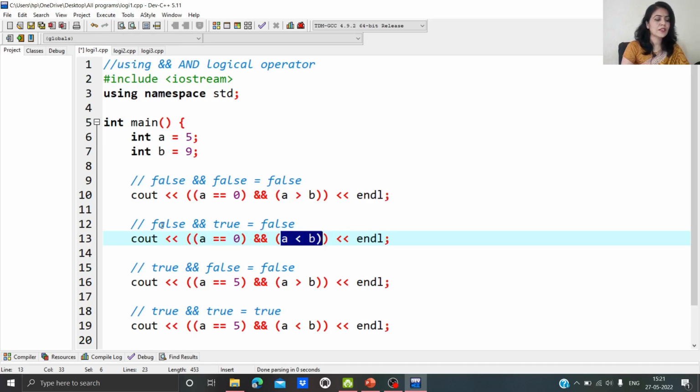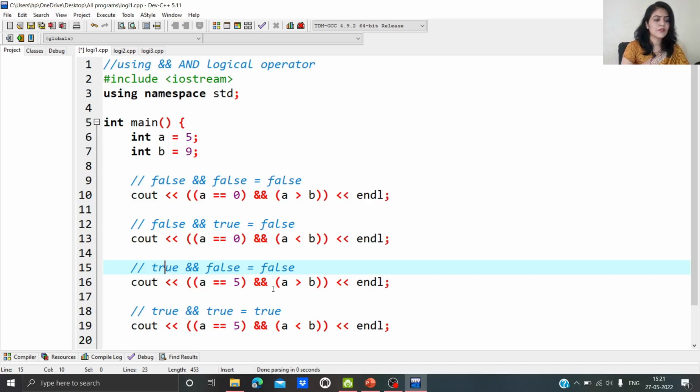So whenever one condition is false and the other condition is true, the result will be false because we are using the AND operator. Next, a equals 5. Yes, it is a true condition. a is greater than b? No, because a is less than b. So here one condition is true and another condition is false. The result will be false.